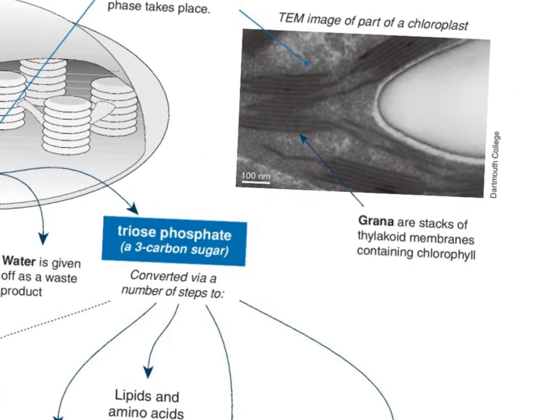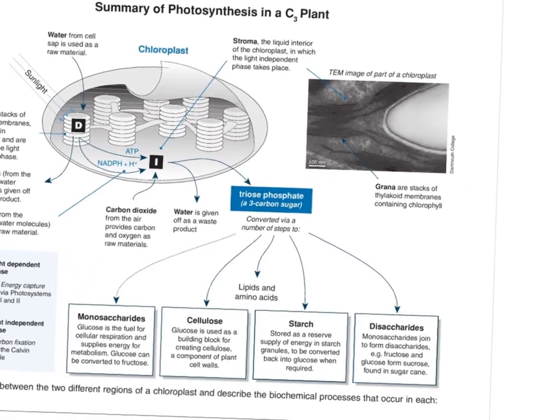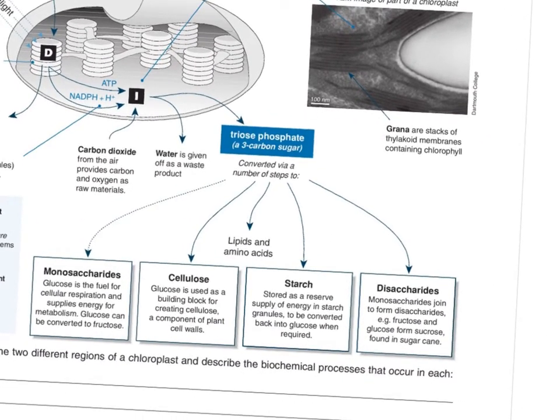Here is an electron micrograph picture of the stroma. Again, this is the picture of them. This is the picture of the grana. This is our drawing of the grana. This is two-dimensional, very two-dimensional. This is kind of an attempt to make it three-dimensional, make it more visually acceptable. So here you can use the product of photosynthesis. You can produce disaccharides, more than one sugar. So fructose, right? Fructose and glucose. You can make sucrose, table sugar.